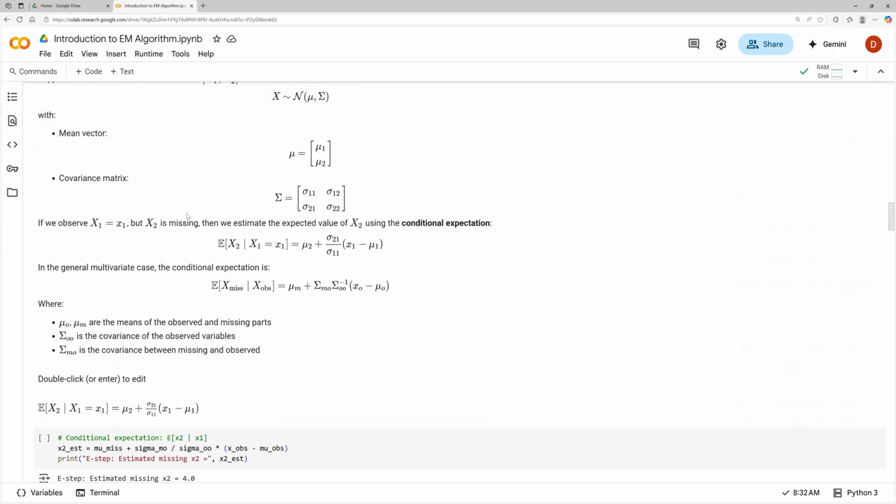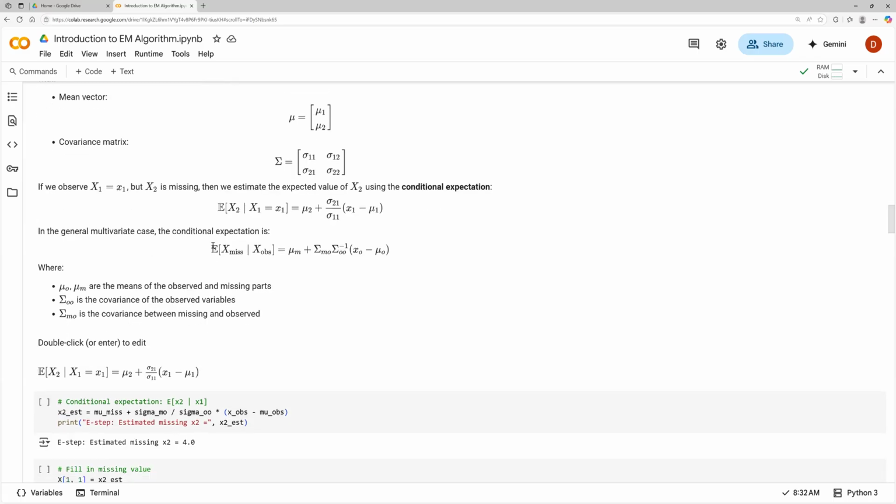We could get an estimate of x2, the missing value, based on this conditional expectation. We have mu2 plus sigma 2,1, which is a covariance, divided by sigma 1,1, which is the variance of x1, and then times x1 minus mu1, and x1 minus mu1 is obviously the observed. Now, if we put it in a multivariate case and generalize it,